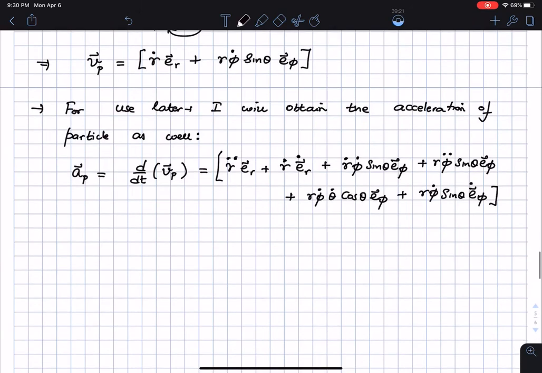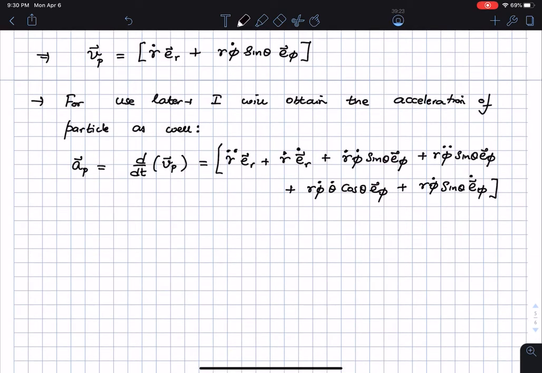It's a fairly long expression, so if I do that quickly, acceleration of particle P is R double dot ER, and then R dot times omega of F3 slash F1 crossed with ER